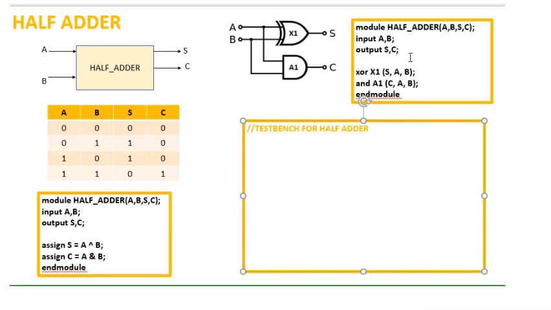So it is a black box. It is not necessary for the stimulus block to know the internal implementation details. So it just applies the stimulus to the external ports. So the stimulus block